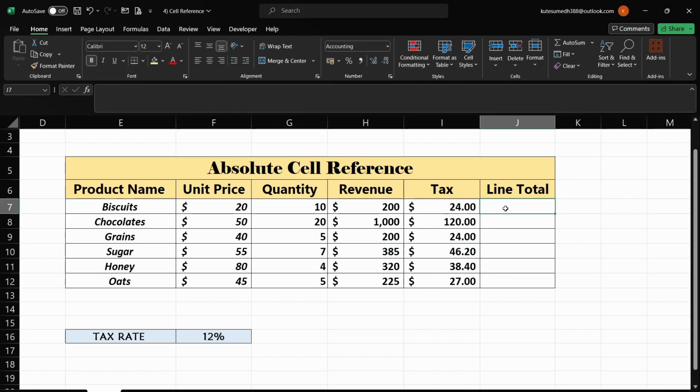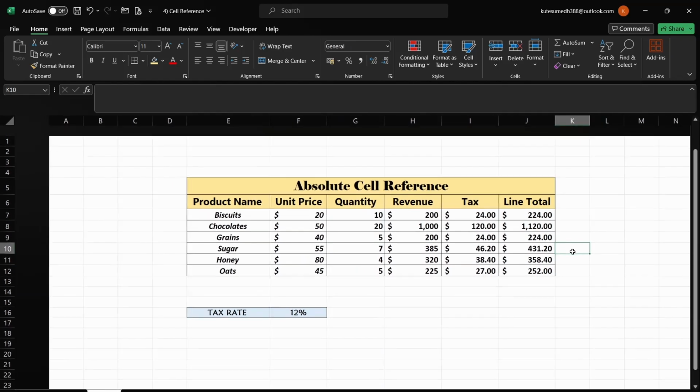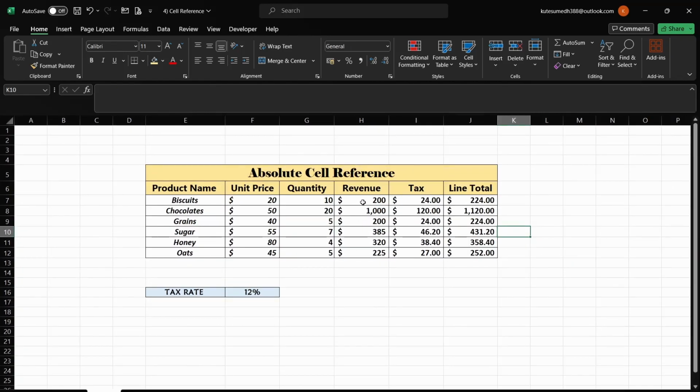So in order to find out line total, again I will just select revenue, then I will add it up with tax, and we have got the line total. For getting line total for all the products, I will just double click here and see. So we just calculated revenue, tax, and line total. For calculating the revenue, we use relative cell reference. For calculating the tax, we just need to calculate it at 12%, so I just used absolute cell reference here. And for calculating the line total, we have just added both the cells, and we have got the line total. So now I think, with these two examples, you all know what is relative cell reference and what is absolute cell reference.